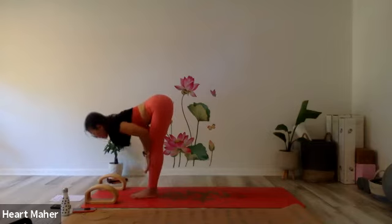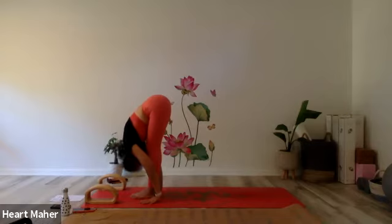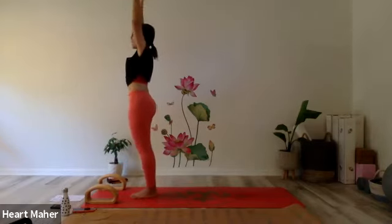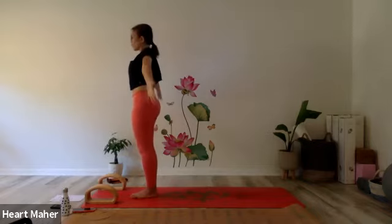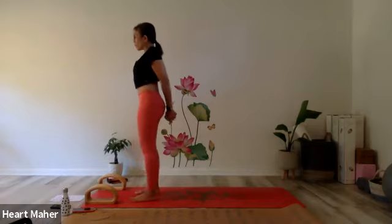Inhale to half and lift, hands on your shin bone. Exhale, you fold. Inhale, sweep your arms out and up, reach high. Bring your arms back, interlace your hands again, separate your feet, roll the shoulders back, lift your chest up, lengthen